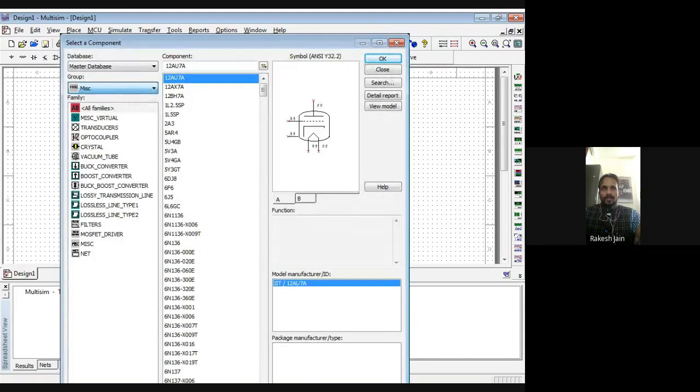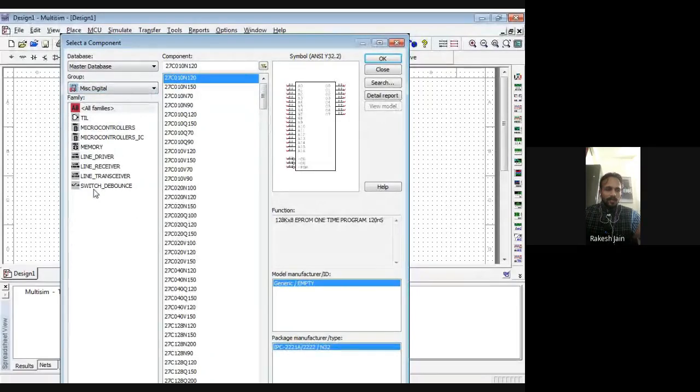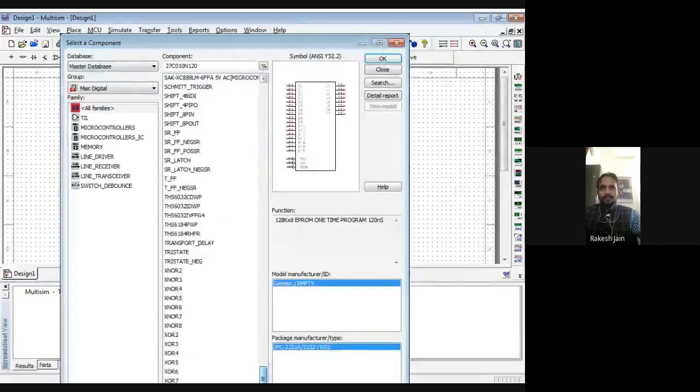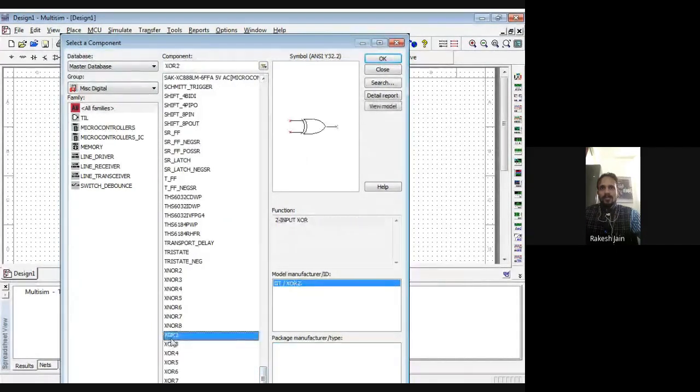So first we verify the half subtractor and then we will verify the full subtractor. Look very carefully so you will understand this thing.